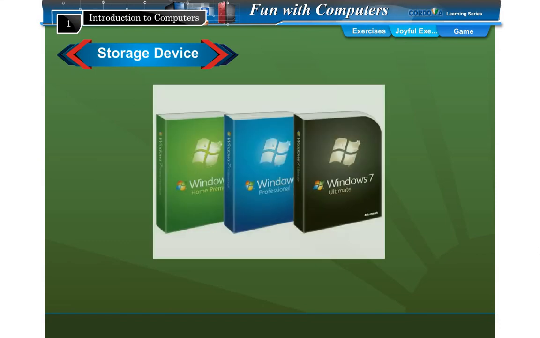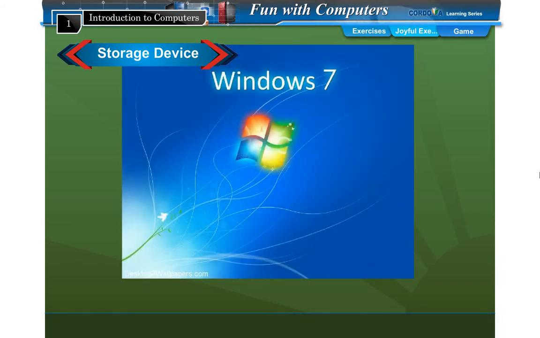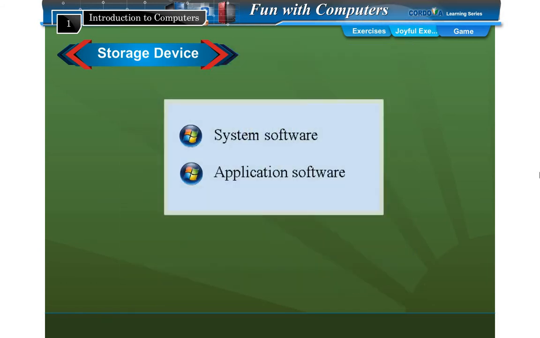Software. Software relates to a set of programs. The software controls the computer hardware parts and makes them operational. In other words, it governs the operations of a computer system. Software is classified into two broad categories: system software and